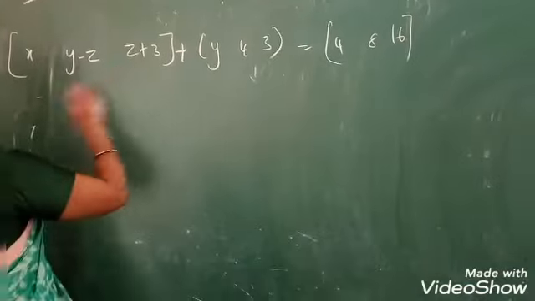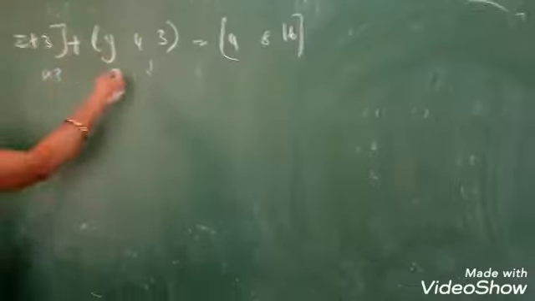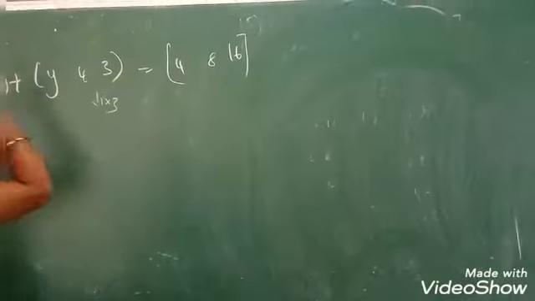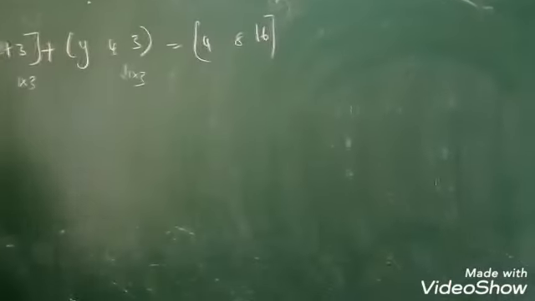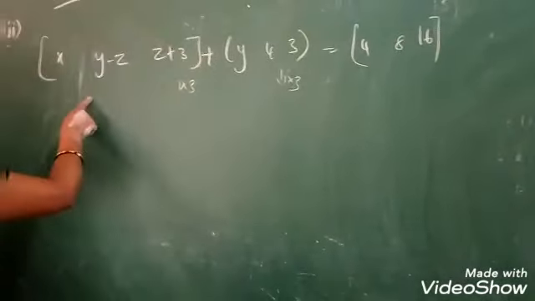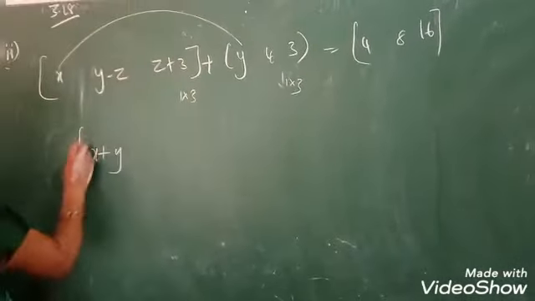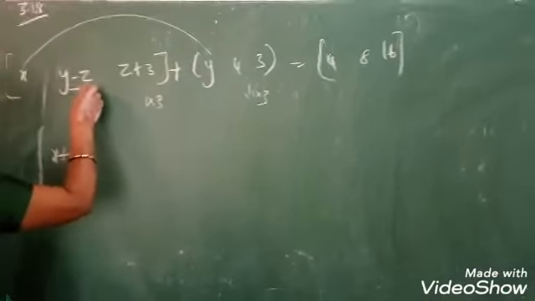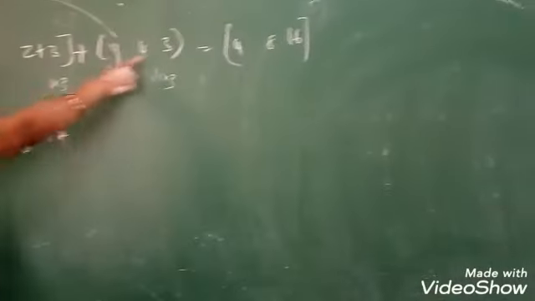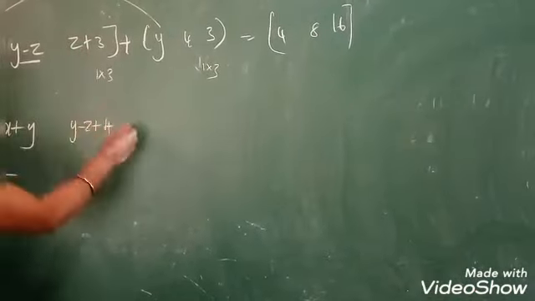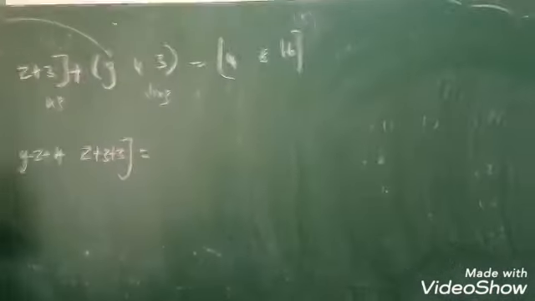Here, what is the order of the matrix, girls? It is 1 row 3 columns, the same here, also 1 row 3 columns. First we want to add the left hand side. Afterwards you have to equate with the right hand side. What is the left hand side here? First element and first element you have to add, so x plus 1. This is the first element. Then the next one, y minus z plus 4, this is the second element. Then the third element is z plus 3, again plus 3. Now on the left hand side you will understand the step.